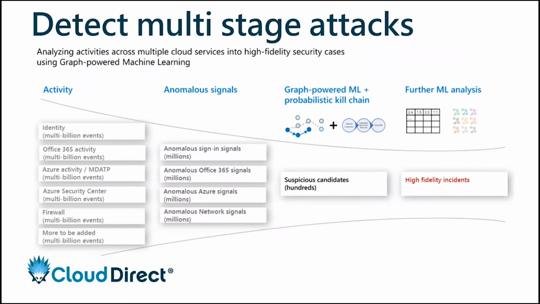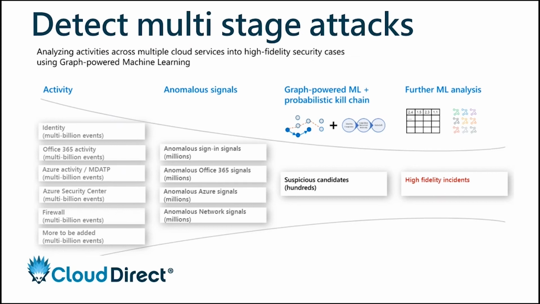And again, an example of how multi-stage attacks are detected via Sentinel. It's really about applying analytics and machine learning from all of these data sources that Sentinel has access to. That will be things from the Security Graph API and from the specific connectors that you've deployed within your Sentinel environment. So it's going from billions of events from all the different data sources,